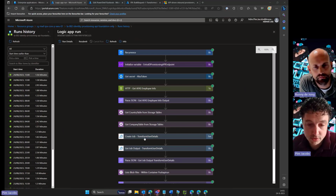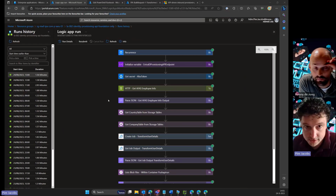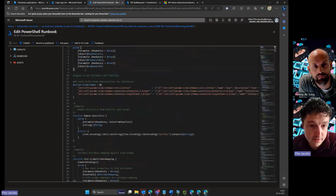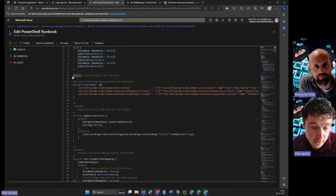And so we created some storage tables on a storage account in Azure to enhance the data. And basically all those three things which you see right here, we throw that through a runbook on Azure Automation. Now, if we are going to look at the runbook in Azure Automation, which is this one, I can already see that I'm indeed receiving those three variables as a parameter, and then within the script, and this script